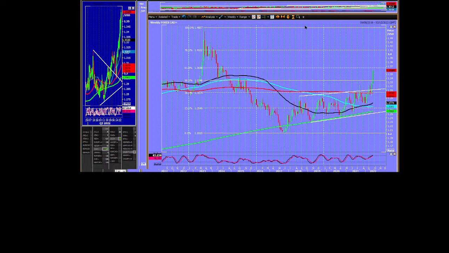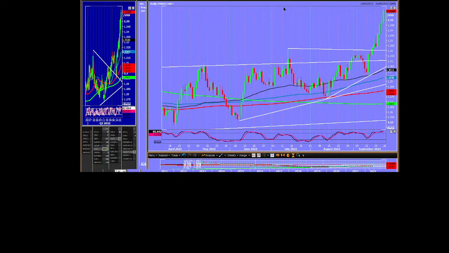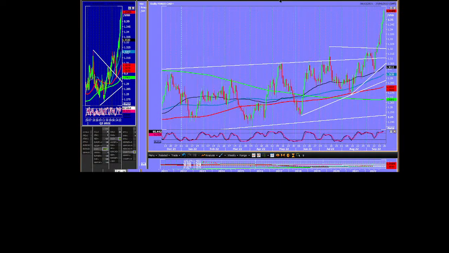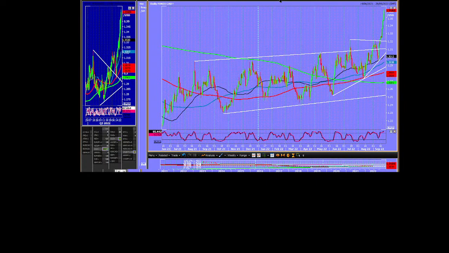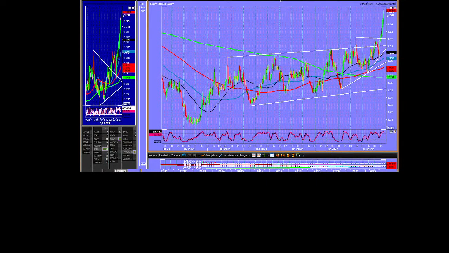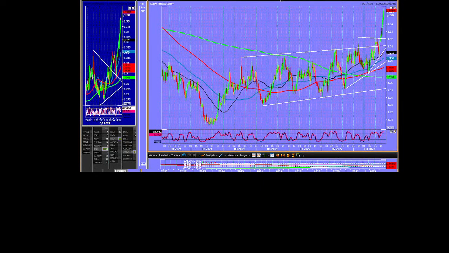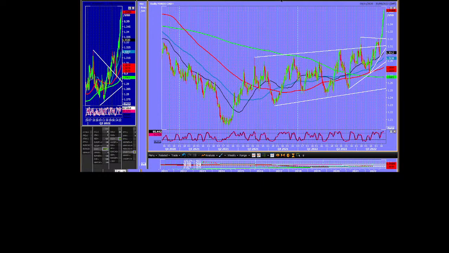Okay, this was actually the daily chart that I need to show you. This was my logic behind this. This is all about moving averages. So moving averages are of no use to us really whatsoever in a sideways trending market, other than to confirm that we are in a sideways trending market. Eventually all the moving averages converge, and then it's only when they start to fan out that you think, oh, okay, maybe we're starting to trend again. So we converge, we trade sideways.